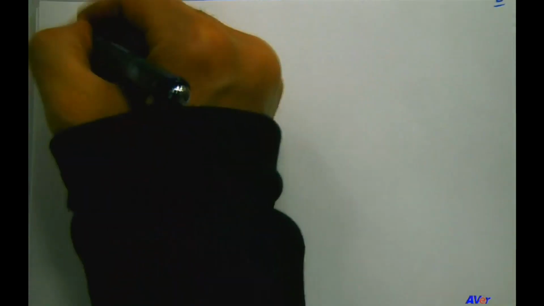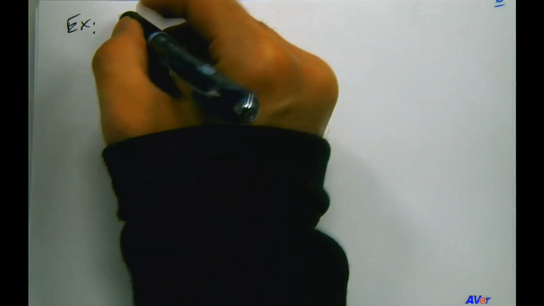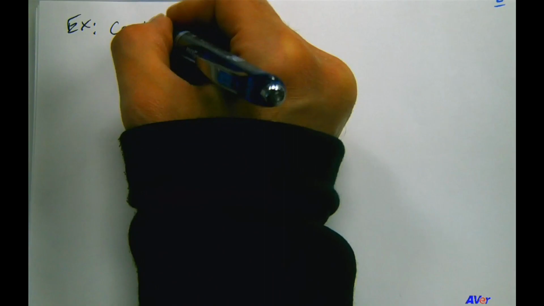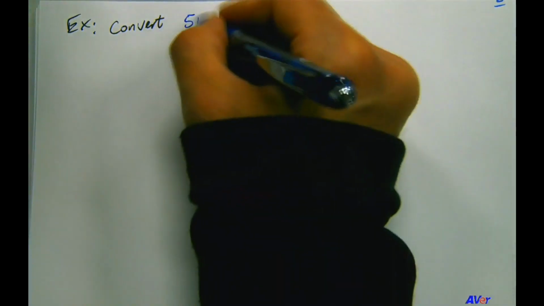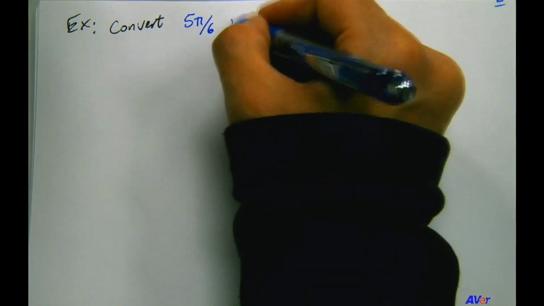Okay, suppose we're converting 5 pi over 6 radians